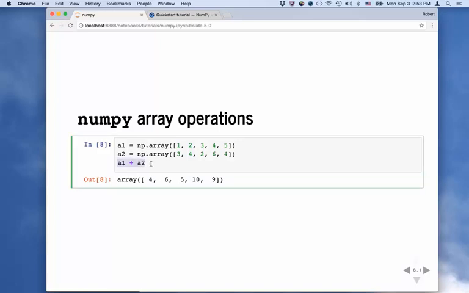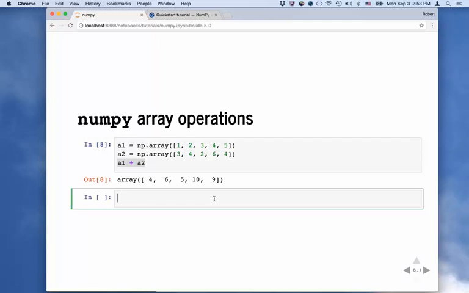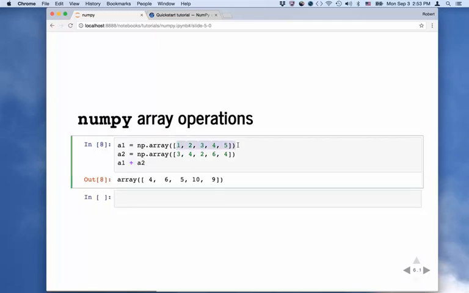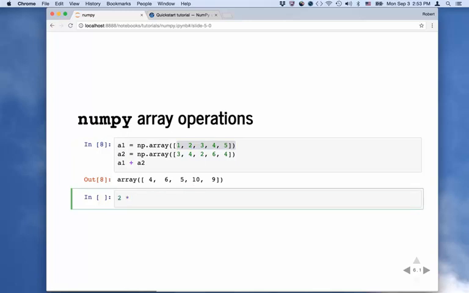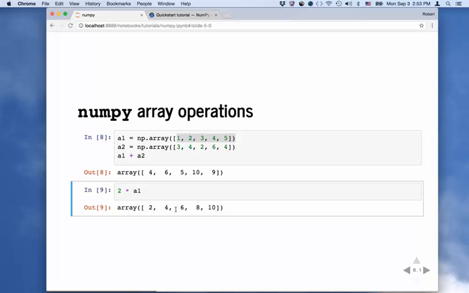So now we can use this much more natural syntax, and we can add arrays together. So there's more that we can do. It's not just adding arrays, of course. There's other mathematical operations. Say I want to take this first list here, and we're going to multiply everything by 2. I can just say 2 times A1, and if I run this cell,